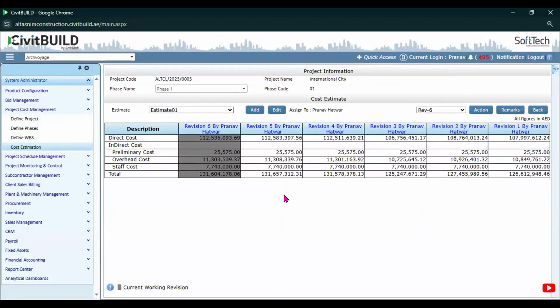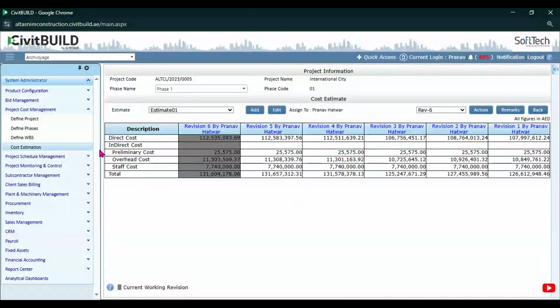A multiple revision provision is there, as there might be a drawing change, scope change, or additional scope getting added to a previously prepared estimate. The system offers you multiple revisions. Each revision requires approval from an authority. This is a time-saving task because there might be multiple line items in an estimate which are changed with reference to the previous revision. We have a comparison report for it. We will see that in some time, but the revision option is available in CivitBUILD.